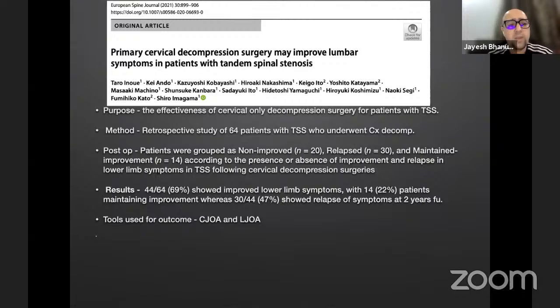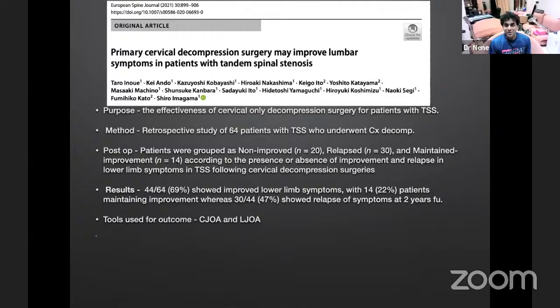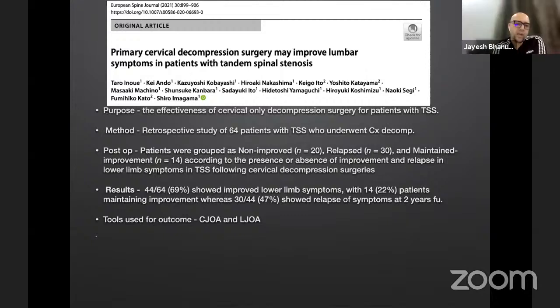So even this paper proposes the effectiveness of cervical only decompression for patients with tandem stenosis. The big factor here is that we don't know what they are calling lumbar stenosis. It's like comparing apples to oranges, because in any given person, you will find some stenosis. So your interpretation, my interpretation, and this author's interpretation of lumbar stenosis could be different. Is it not? The inclusion criteria in all these studies had canal stenosis as graded by Kang et al., which was more than 1/3 of